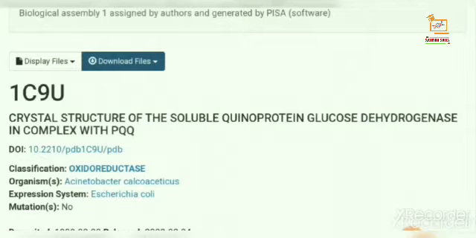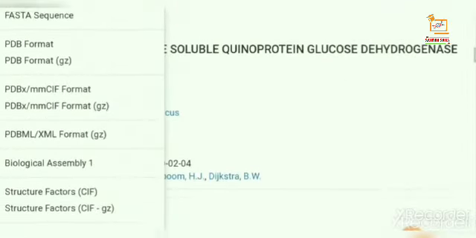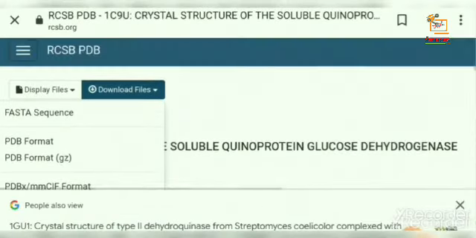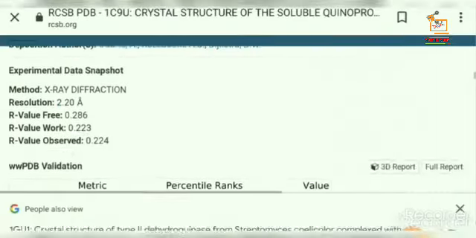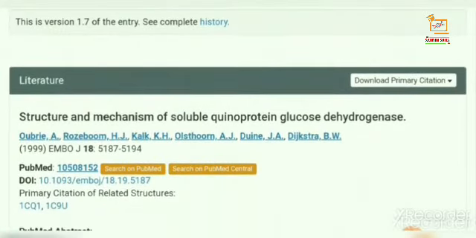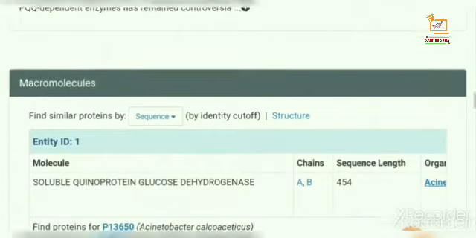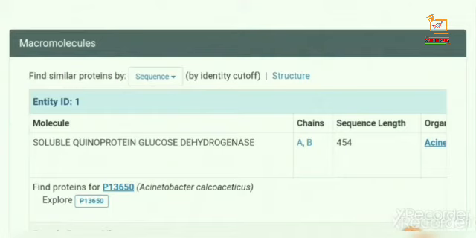You can see the download files option. In this download files option, you can download any format of file, and you can see worldwide validation, and this is the literature. You can see the literature section with brief information, and you can see macromolecules. The macromolecule section contains the information about the molecules and all the chains available in the molecule,